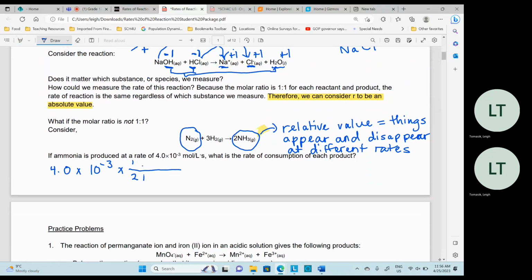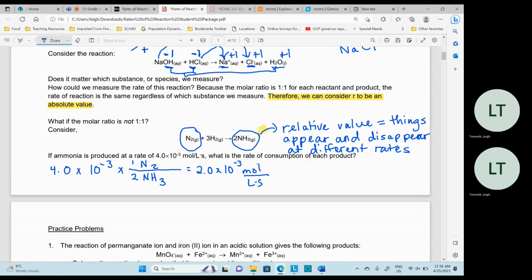For every 2 ammonia produced, only 1 nitrogen is consumed, right? So we get 2.0 times 10 to the negative 3 moles per liter second,